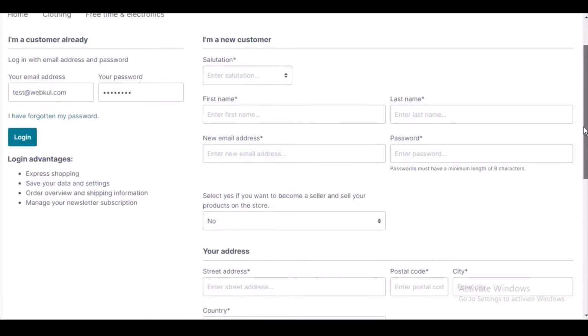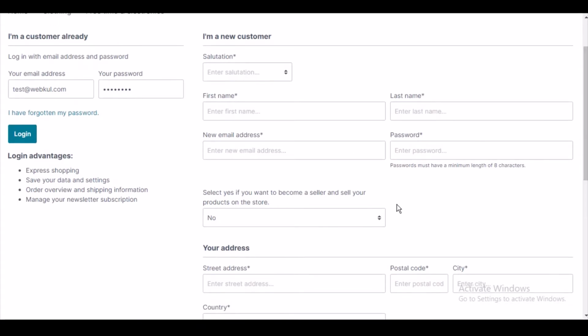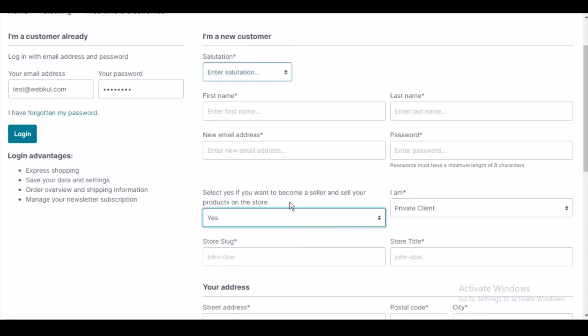Now one thing that you need to notice here is this part that says select yes if you want to become a seller and sell your products on the store. So if a customer wants to become a seller also on this store, he needs to select yes, otherwise leave it no. So if you select yes,